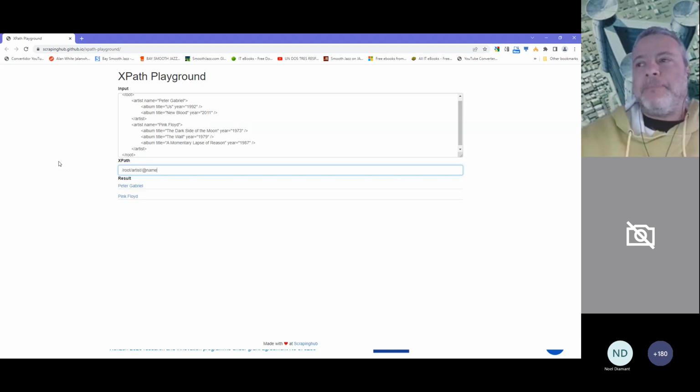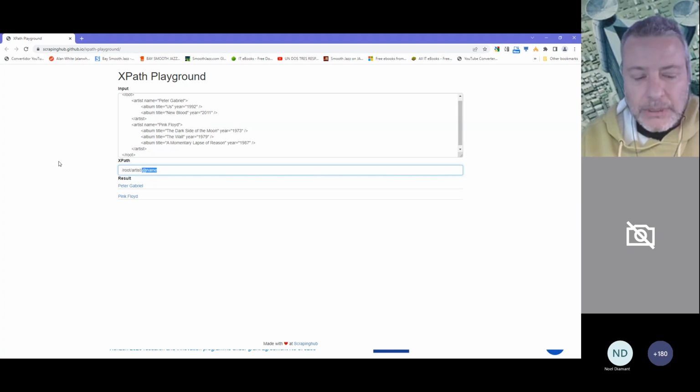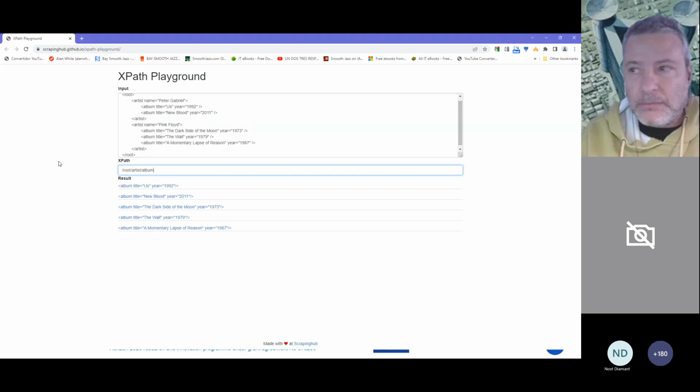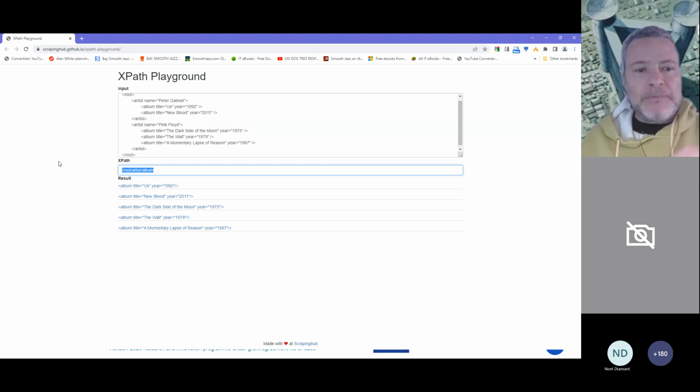As you can see, the parser parses the document and gives me the names of the two artists that are inside. If I want to search for the albums, you will see this is a very important thing of XPath, that it flattens all the albums of all the artists in a single list.